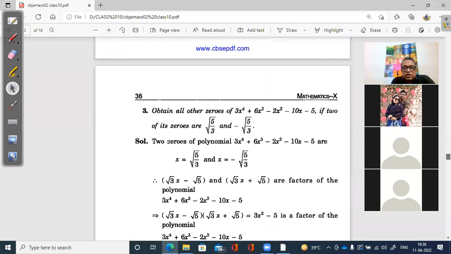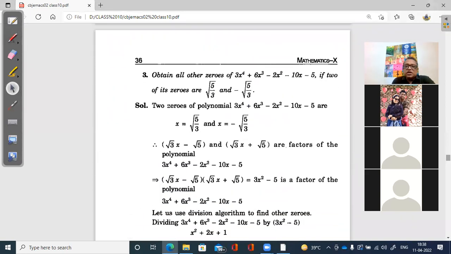So question 1 and 2 हमारा complete हो गया है. अब question number 3 है. Very important question, mark कर दो. Obtain all the zeros of this polynomial,